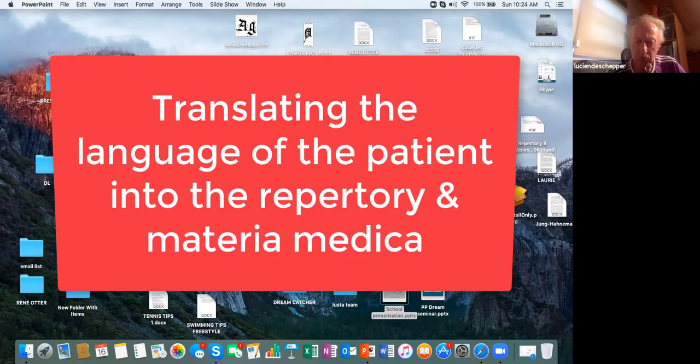The second topic is a problem that I have seen all over the world, and it's really ubiquitous. It's everywhere present. It is actually how to translate the language of the patient into the rubrics. How do we get the good use of our repertorium? If we cannot translate the language or the gestures, even what the patient shows in gestures, in words, into rubrics,